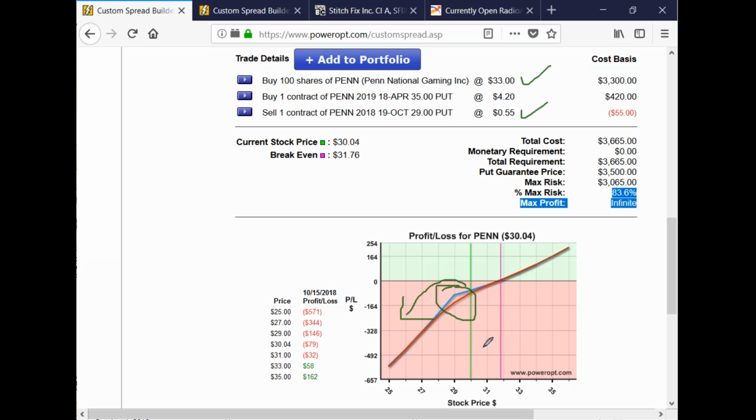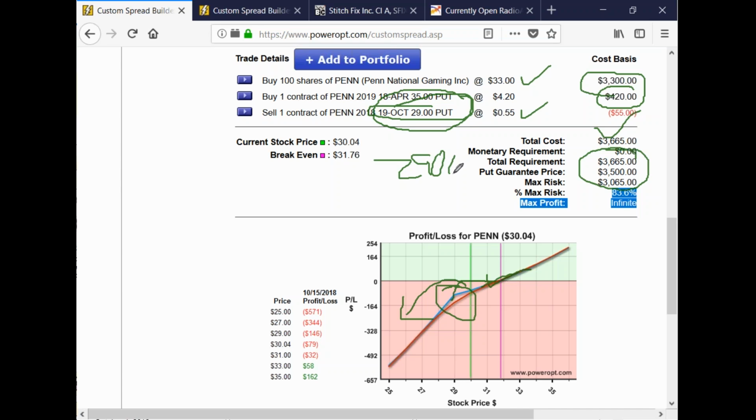It cannot cover both. If I'm right and it moves back up and this expires, yes, I've reduced the cost basis of the position by 55 cents. It was like doing an income method where I didn't cap the gain and get trapped because I sold a call. But I'm going to have to put up a little bit more margin to get into this position. My broker is either going to see this as a calendar put, but they likely won't because I legged into it. So I've got the $3,700 invested in the Married Put. I sell this 29 put, they might have me put up another 2,900.